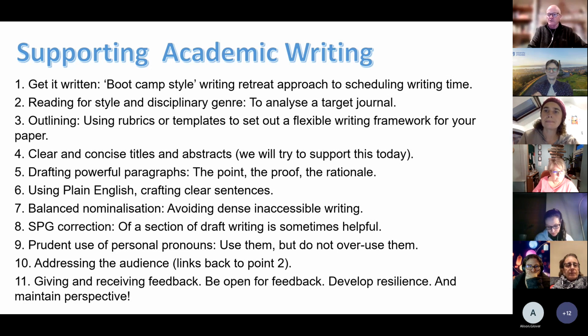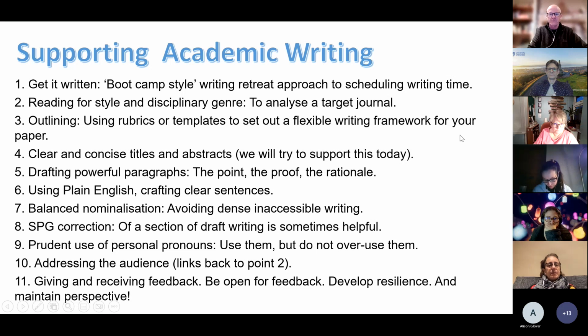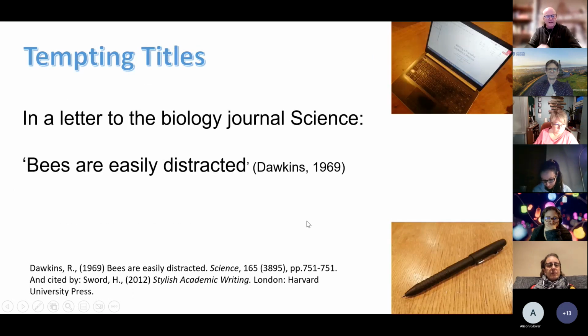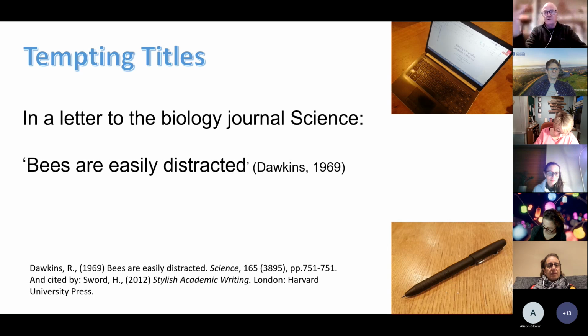What we'd like to do is strongly recommend a book by Helen Sword. She has a literature background, but for this book, Stylish Academic Writing, she read, I think, 50 papers from 5 different disciplines, and one of them was higher education research. So there's an educational field in there. Her book is based on her response to that. She looked at top journals in 5 disciplines, looked at the papers that had been published, and then critiques the writing style. And I really recommend that book.